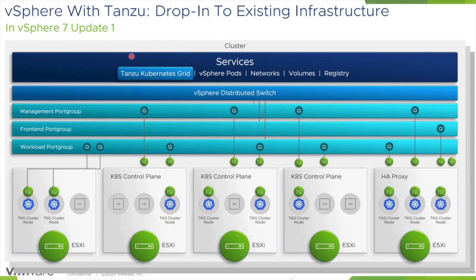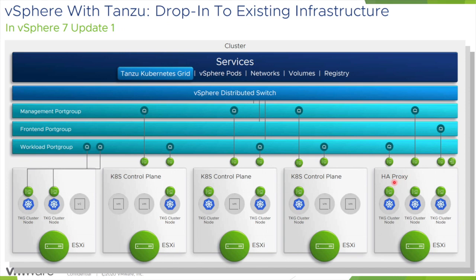Now one thing I wanted to highlight is, although we do not have NSX here, NSX was required to do a little bit of load balancing, and there are a couple of components which are missing, which are in VCF, and they are basically dependent on NSX. So that is why VMware decided to remove those. But you can still see that obviously you have a similar interface which has the K8s control plane, and the TKG, which is Tanzu Kubernetes grid cluster nodes, and what you will notice here is